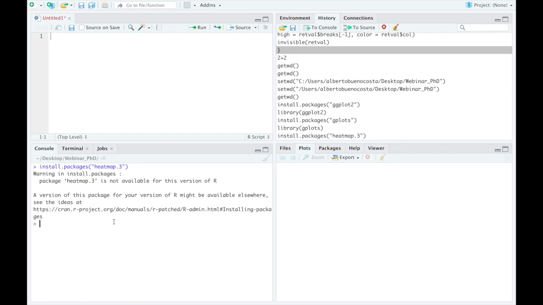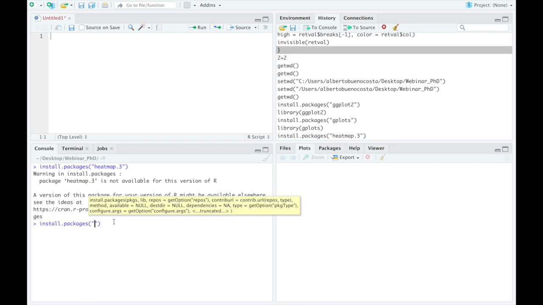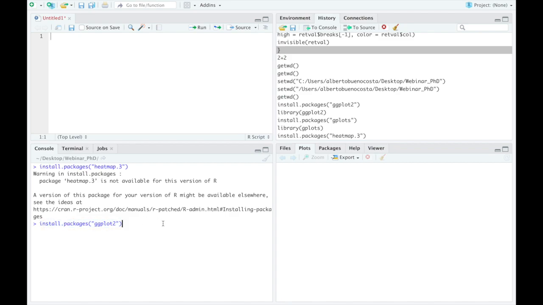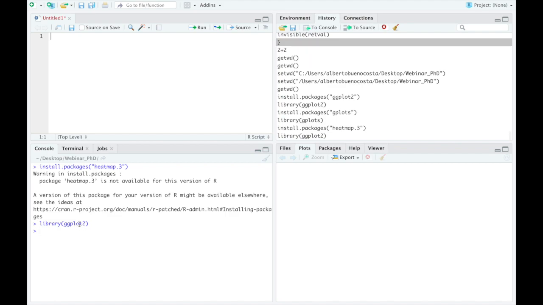When you do install.packages for ggplot2, you only need to do it once. Then when you restart RStudio, you won't need to install it again, but you will need to load it. This is very important. ggplot2, you will always need to load with the library function. Once it's installed, it's okay, but you need to load it every time you open a new RStudio